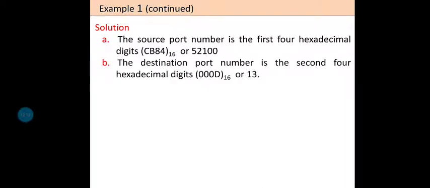The destination port number is the second 4 hexadecimal digits, that is 000D. When I translate this hexadecimal value into decimal, I get 13.